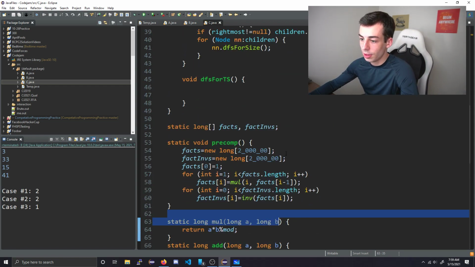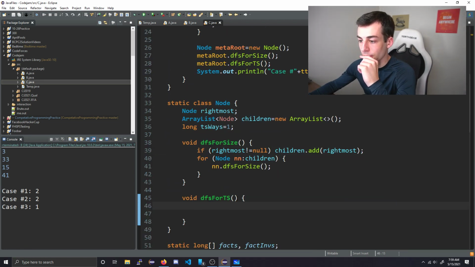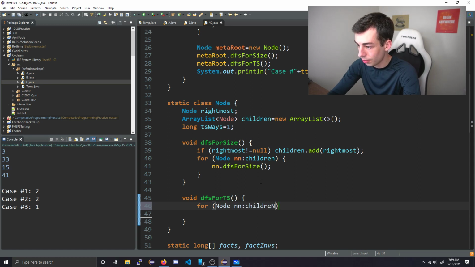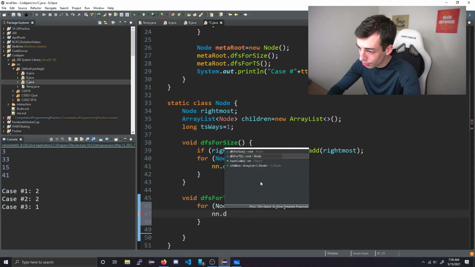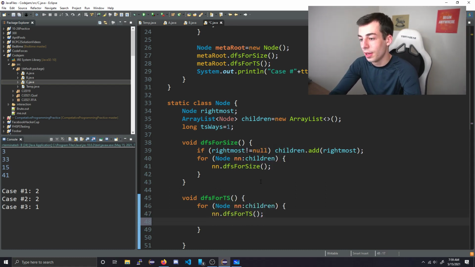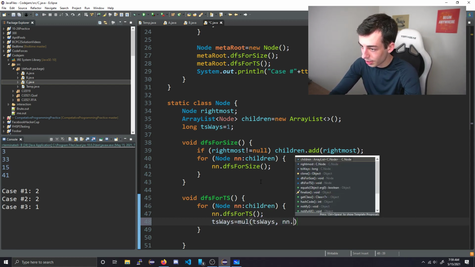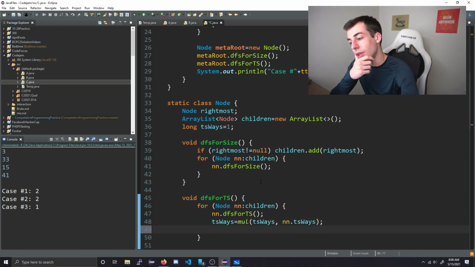Okay, cool. So we have these. For node nn in children, nn dot dfs for this. Okay. And then ts ways equals multiply ts ways by nn dot ts ways. Good. Then we need to